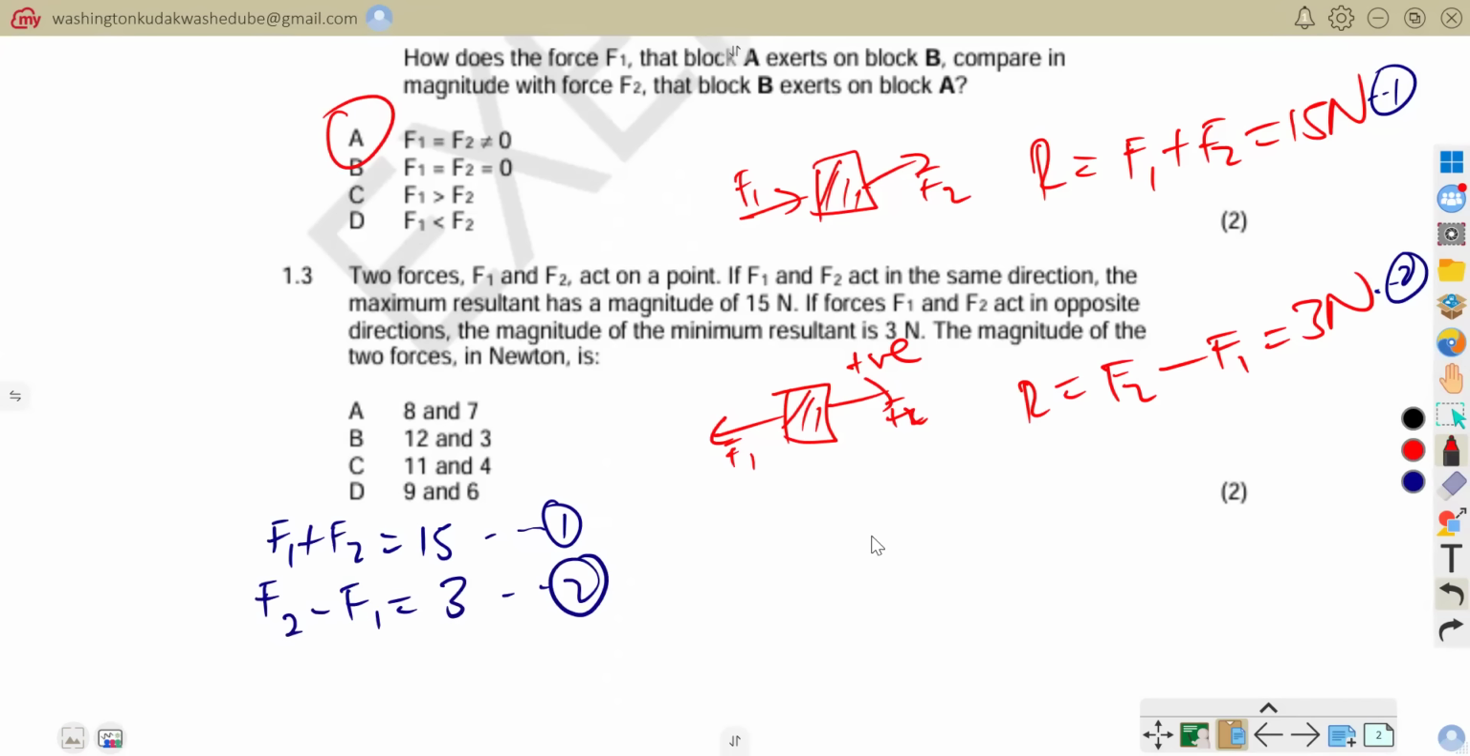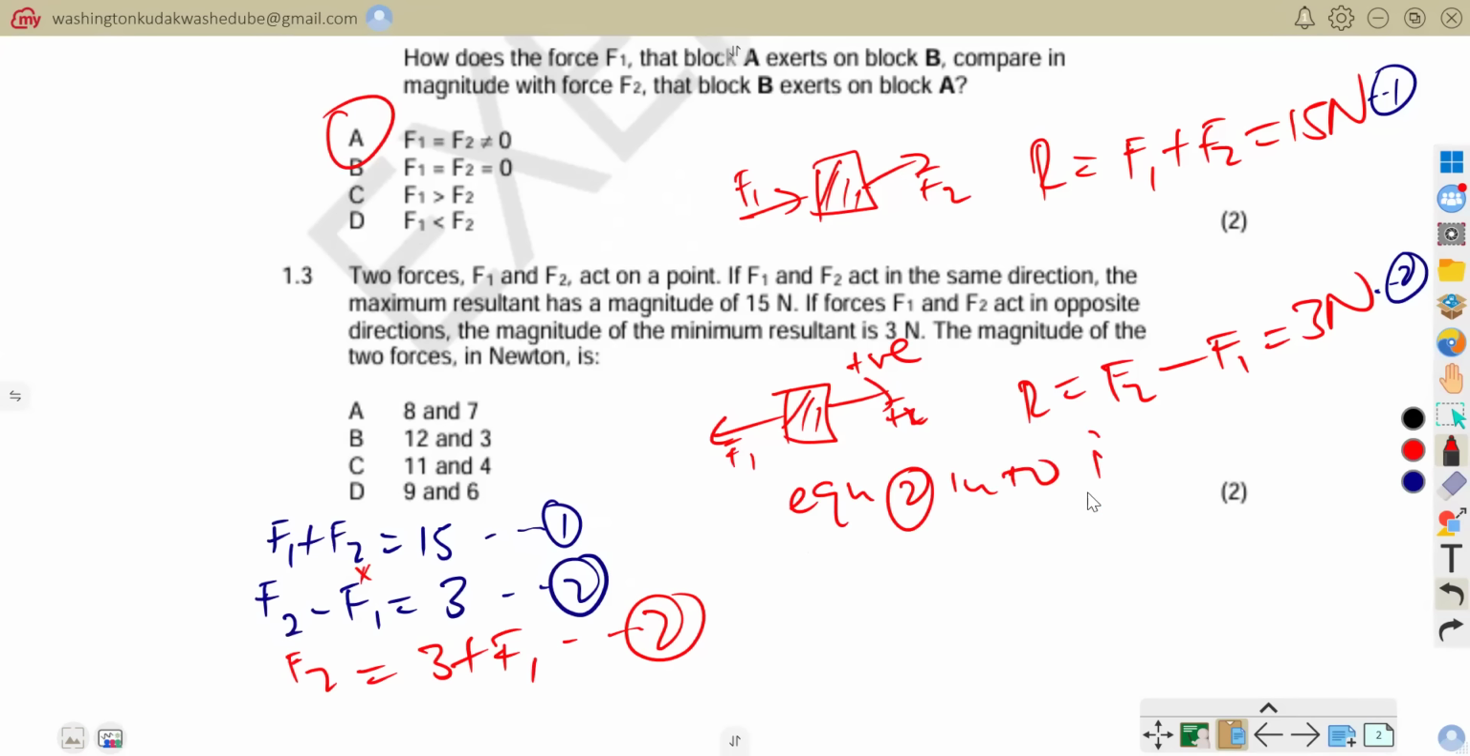You can actually decide to make F2 the subject here. F2 would be equal to 3 plus F1. That is for equation 2. So now I'm going to substitute equation 2 into equation 1. By doing that, I would have F1 plus my F2, which is now equal to 3 plus F1,